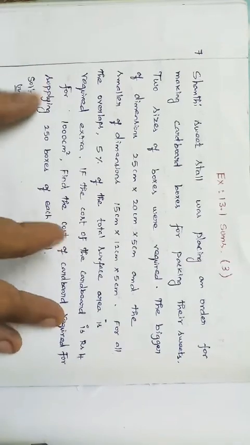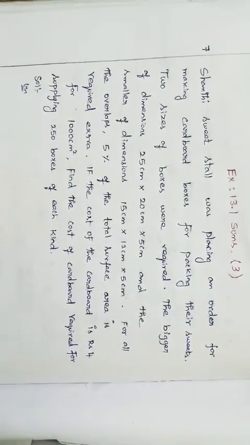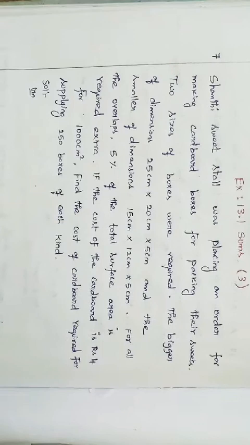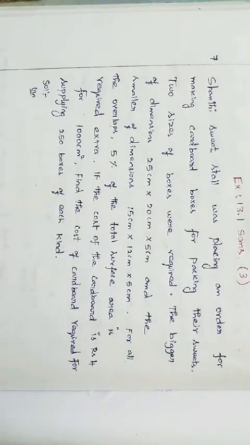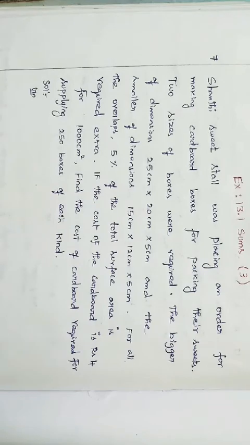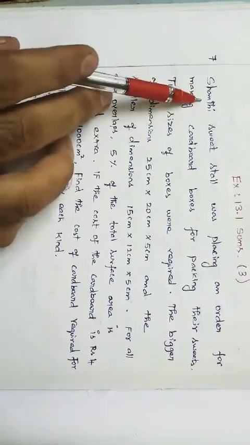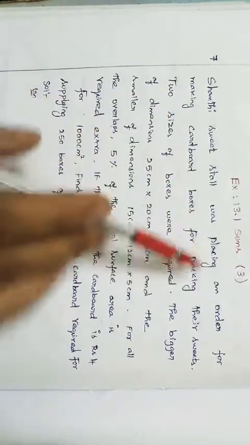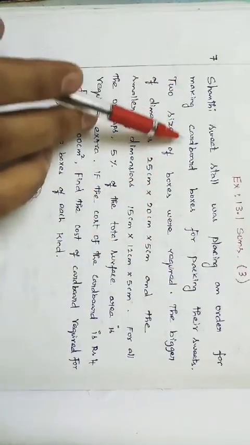First we have to understand the question, what they are asking and how we are going to find it. For that, what things we need is very important. So one by one, first we have to sort out, that's very important. So question number 7: Santi sweet stall was placing an order for making cardboard boxes